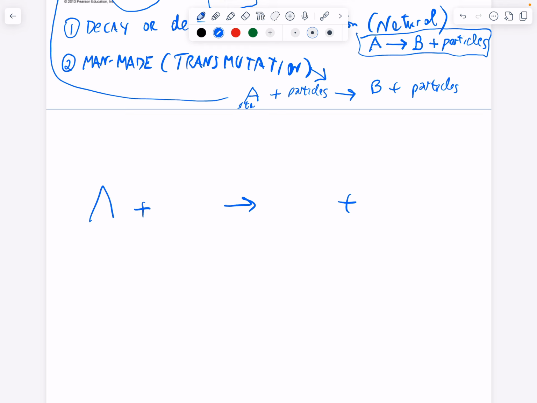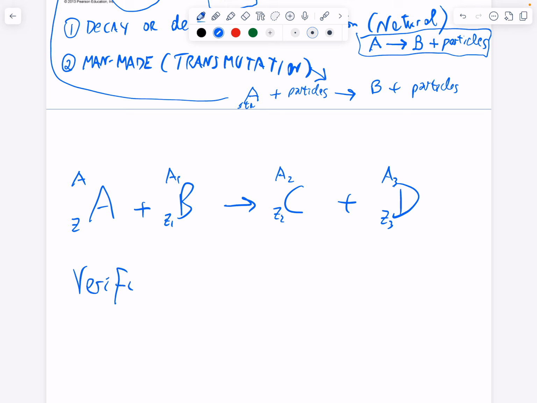Okay, so again, A, B, C, D. So A is going to be, this is Z and A. This is going to be Z1, A1. This is going to be Z2, A2. And this is going to be Z3, A3. What you have to verify, and this verification is called balancing, okay,